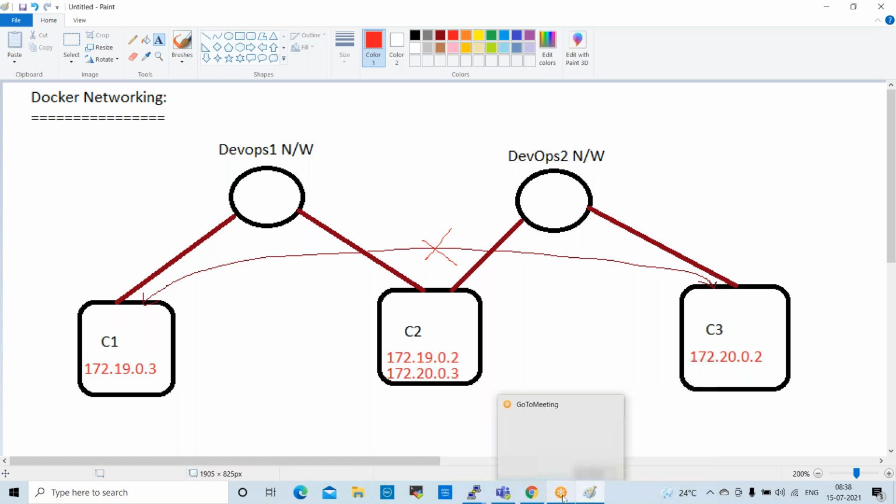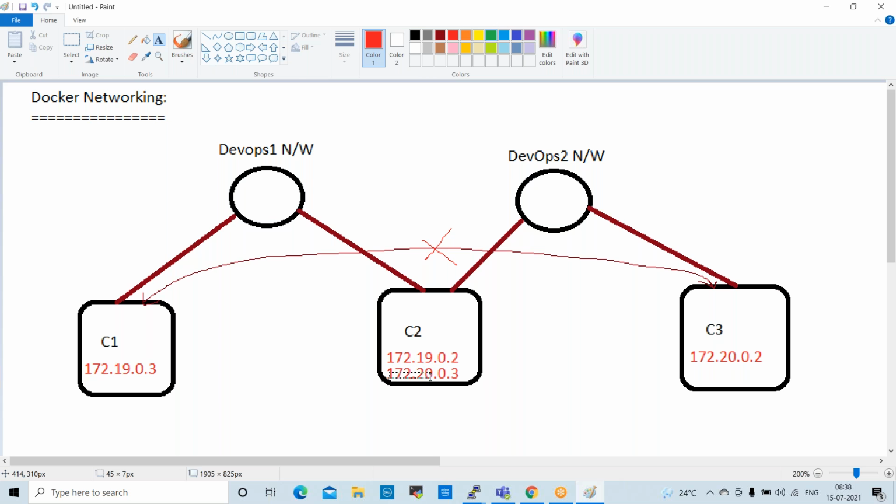Any questions here, anyone? I have one. Suppose there are n number of networks, and if you want to connect only C2 to those n networks, then for each network there will be a different IP, right? Can't we have only a single IP to connect to all the networks? No, not possible. Because when we change the network, the network ID will be changed, right? The series will be changed completely. So a single IP can't connect to other networks. Network ID completely changed.